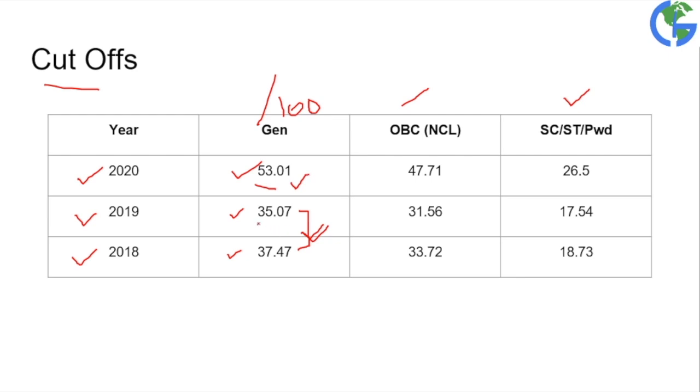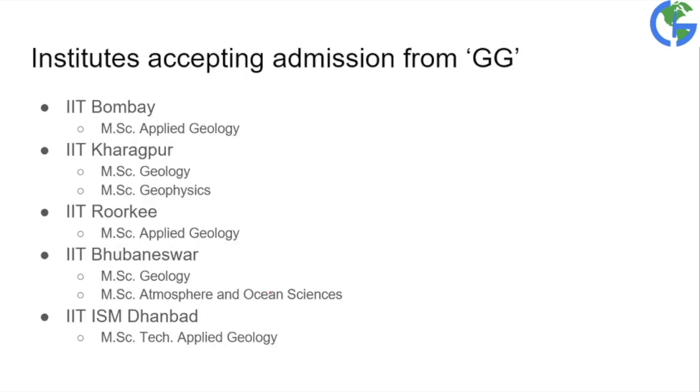So you just need to prepare by having an idea about these cutoffs, right? You must know what the cutoff is and how much you have to score to get admission. I'll discuss the closing and opening ranks as well, so that you get an idea from the perspective of rank too, right? So this was about the cutoffs.